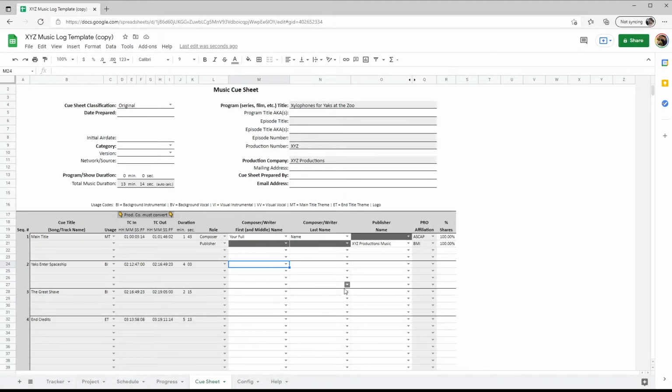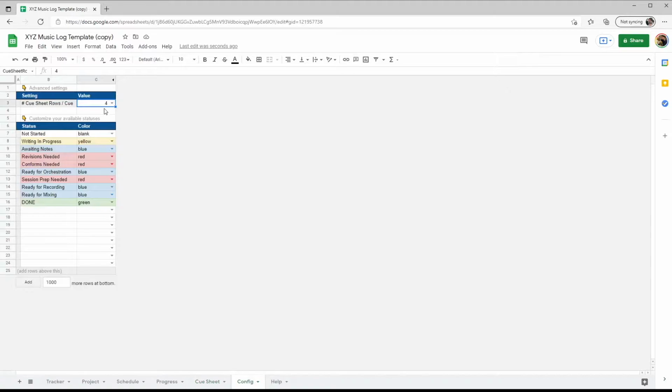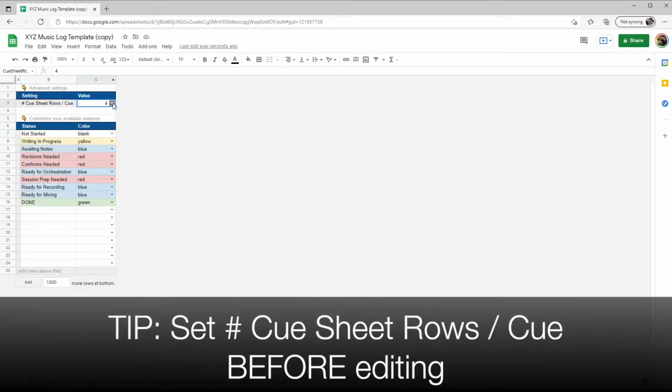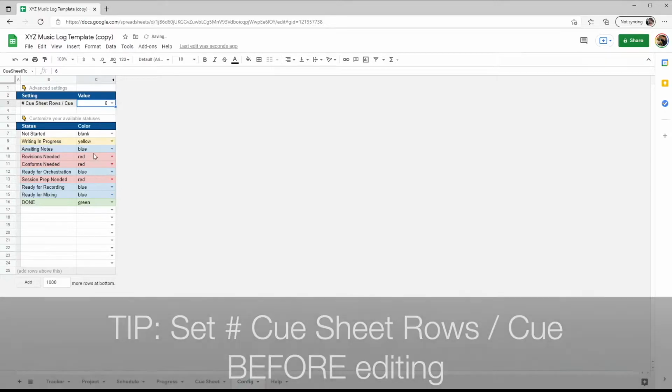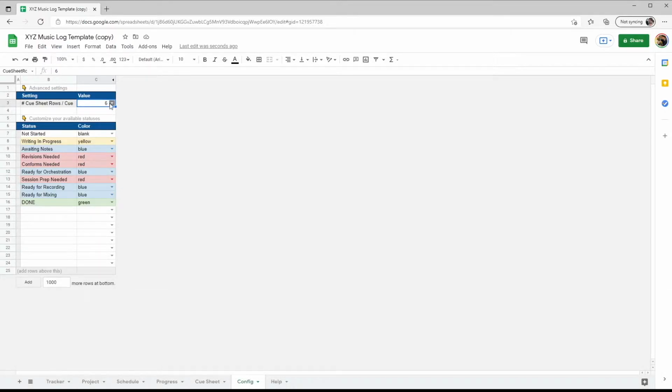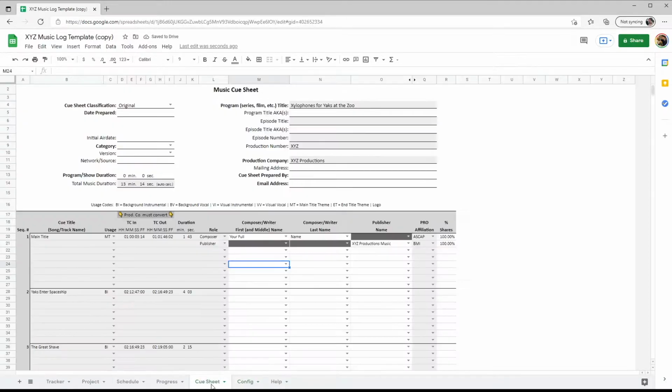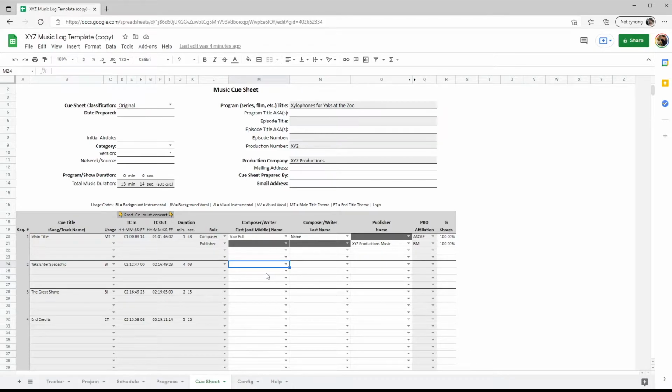Another tip, set the number of cue sheet rows per cue in the config tab before you start filling the cue sheet out, so you have enough lines for all the writers and publishers on every cue. If you aren't sure, set up more than you think you'll need, especially if you might be licensing any hip-hop tracks. I've tried to set this all up to automatically fill in as much of the cue sheet as possible,